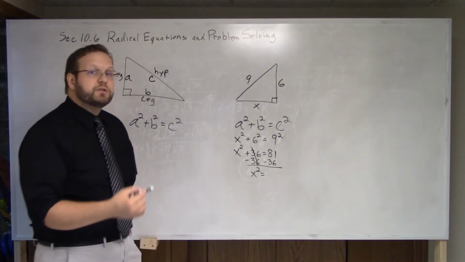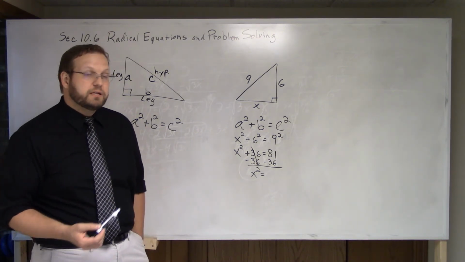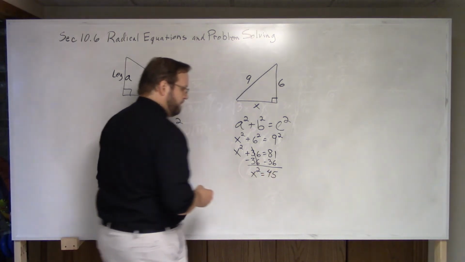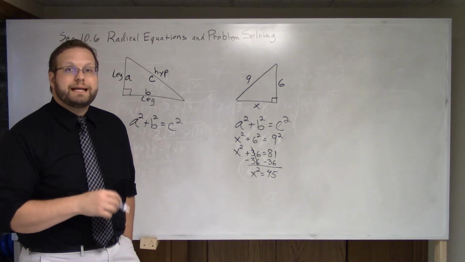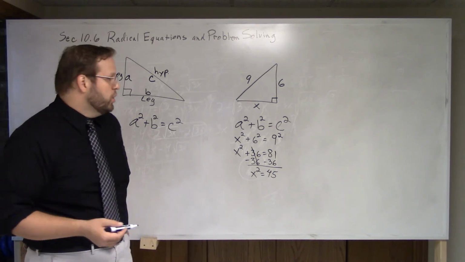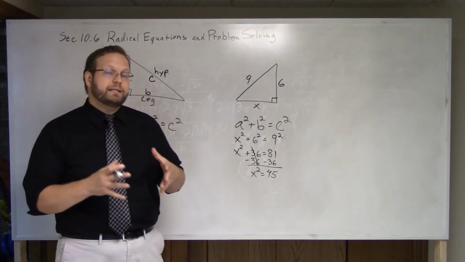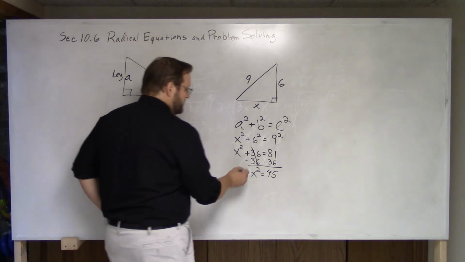81 minus 30 is 51. 51 minus that extra 6 is 45. And then to finish this off, all I do is take the square root of both sides. We're going to delve a little deeper into that move right there when we get into the beginning of chapter 11. But right now, it's Pythagorean theorem, just square root,